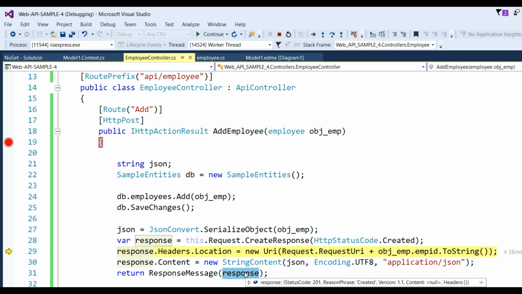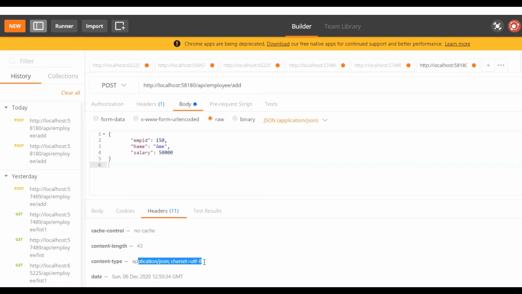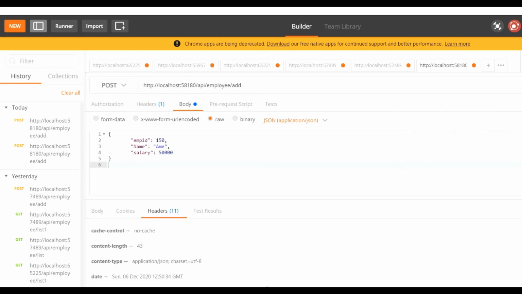So our status code is 201, that is Created, freshly created. If we run, press F10 again, and finally click F5, you can check your output in Postman. So employee ID 150, name MA and JSON. Also you can check in headers, like application/json, charset UTF-8. There is no cache method used. So this way we can insert the data from the client into the database through the Web API HTTP POST method.